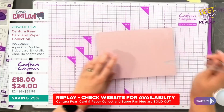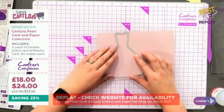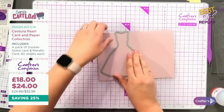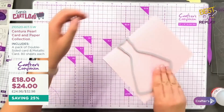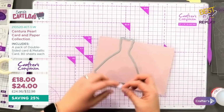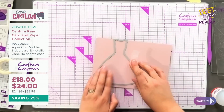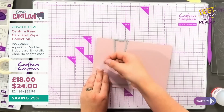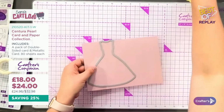We're going to take the die, you see this? And instead of positioning it all on the card, I'm going to pop this just over the top. So if I turn this over, can you see the die's just popping over the top there? If you get that and then hold it in place with a little bit of tape, and again, nice little top tip here, pop your tape over the edge like this. So can you see? Going to pop the tape over the edge like this, and this is going to cut